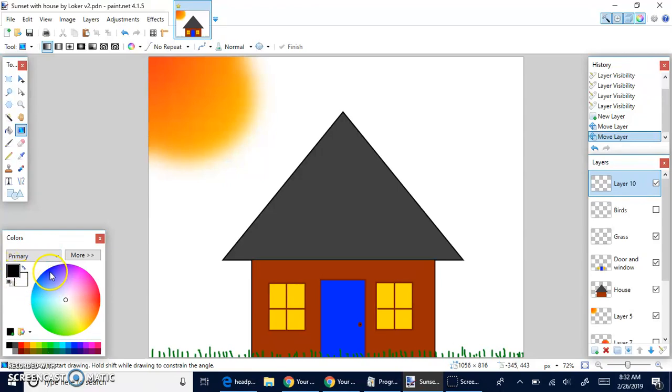And so sunsets are generally dark up at the top and lighter down at the bottom where the sun is setting. So we're going to click a blue for the primary, and for the secondary we're going to choose a yellow or an orangey color. And then I'm going to click and drag